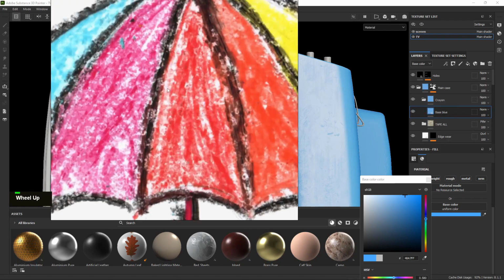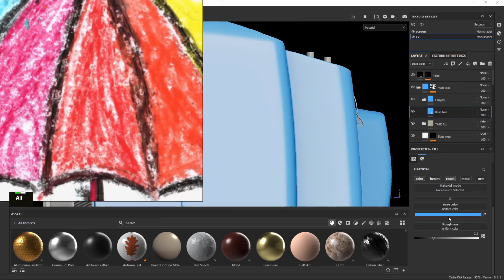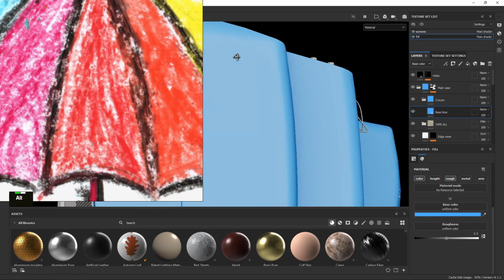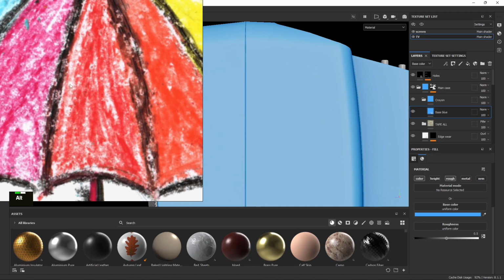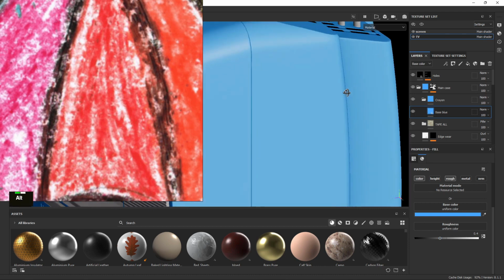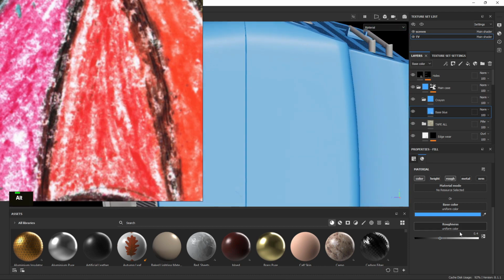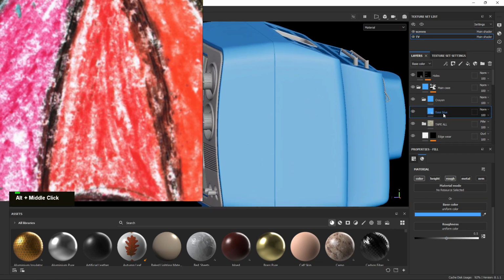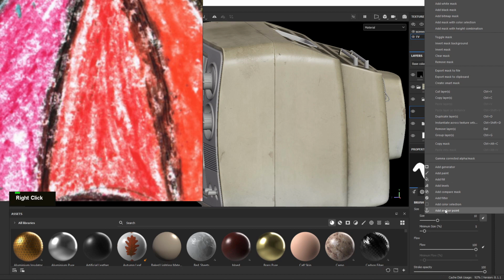I guess these are fairly rough, so I'm gonna give it a roughness of maybe 0.5. They're like waxy. I'll do 0.4 and 0.5. Okay, so now what I'm gonna do, I'm gonna add a black mask, add a paint,